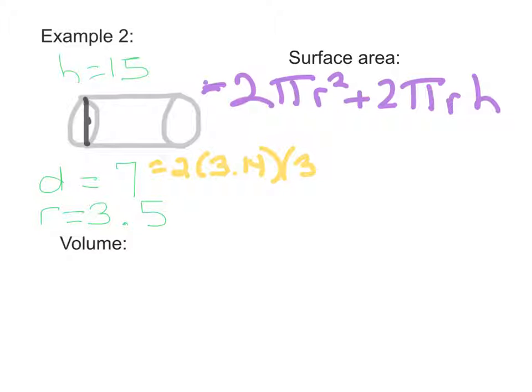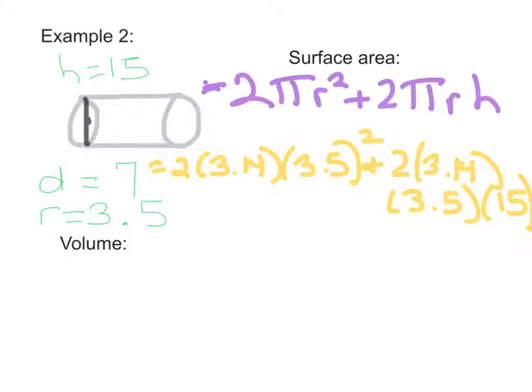The radius, remember, is 3.5 because it's half the diameter, plus 2 times 3.14 times the radius, which is 3.5, times the height, which is 15. Remember, I said in the previous video that what I like to do is calculate the two areas separately and then add them together. So when I multiply the first part, the area of the two circles, I get 2 times 3.14 times 3.5 to the second. When I multiply those all together, I get